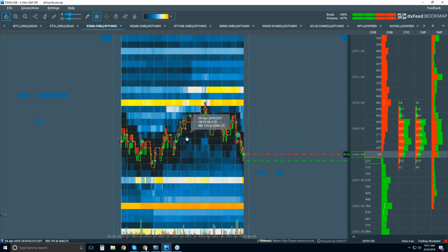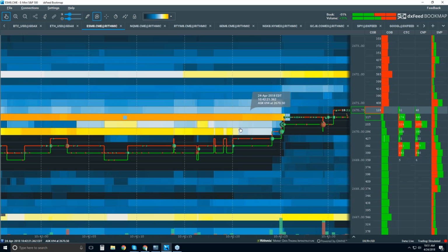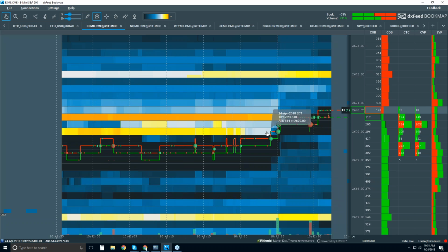Yeah, I want to find a better example, because we see it all the time. Okay, well, here we go. This is more like fake liquidity. These guys here, 575 contracts, we come up into it and they start pulling. They don't want to trade. Did they really